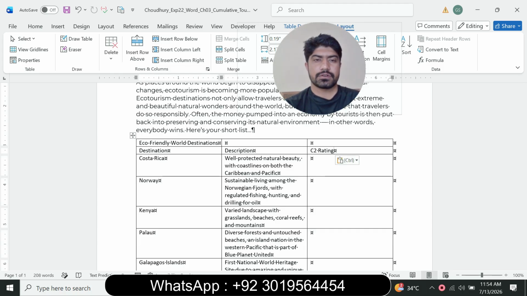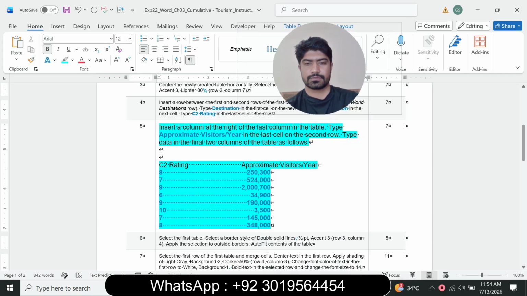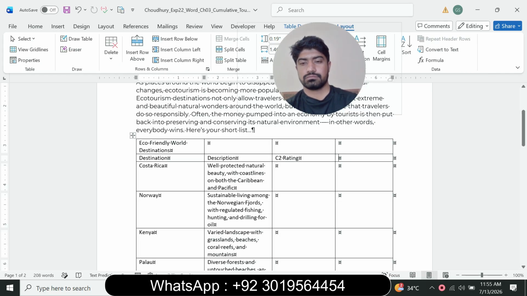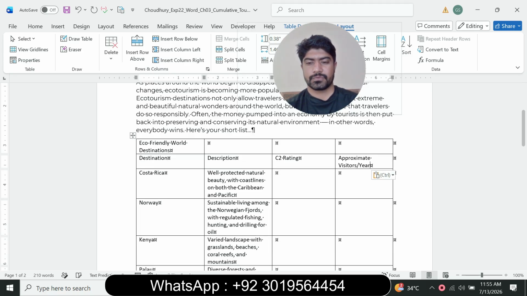Insert to the right of the last column in the table and type the approximate wasted years. Approximate wasted years, in the last cell on the second row. Second row. And next,